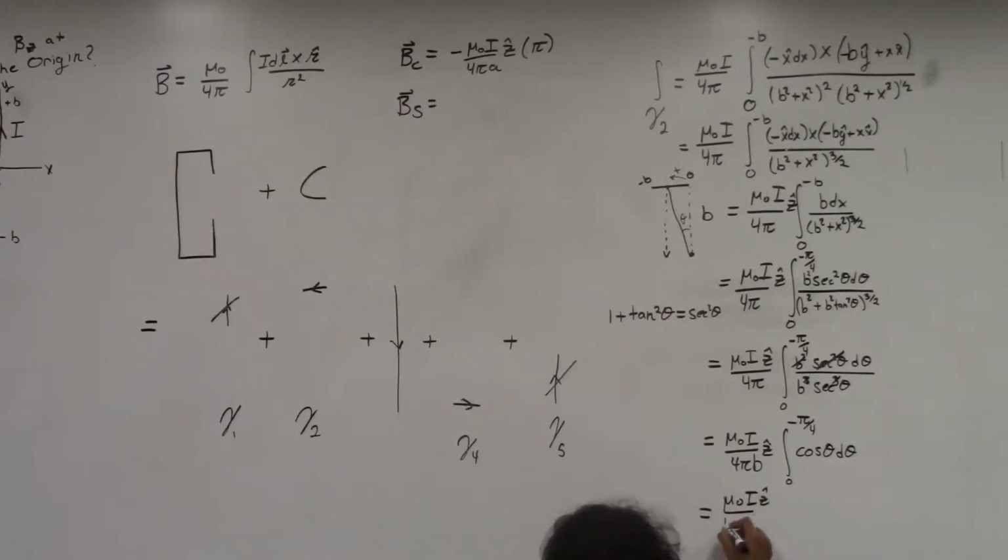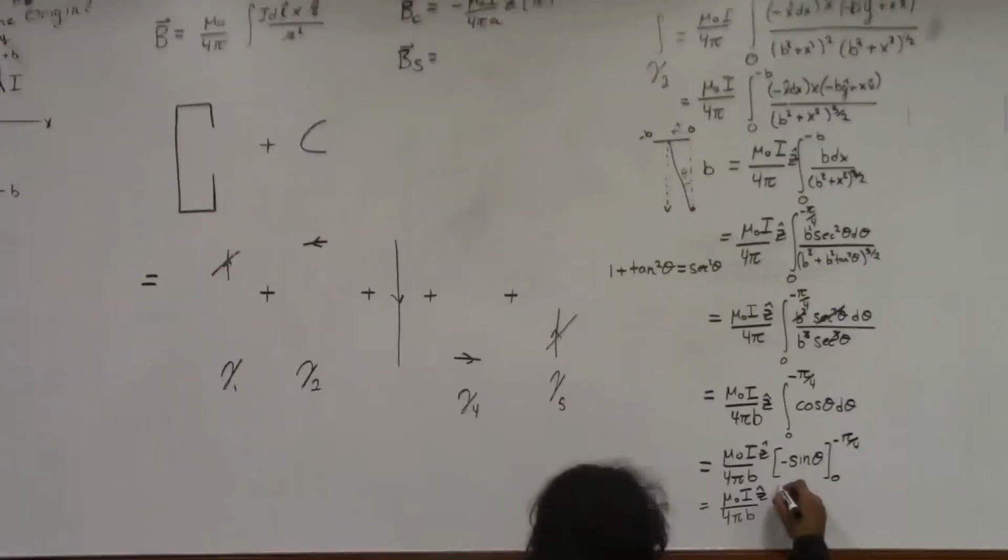And this integral, well, the integral of cosine is sine, so I'll get sine of theta from 0 to minus pi over 4. And at minus pi over 4, this thing is going to give me square root of 2 over 2, and at 0 will give me 0, so the final answer for this one is just going to be times